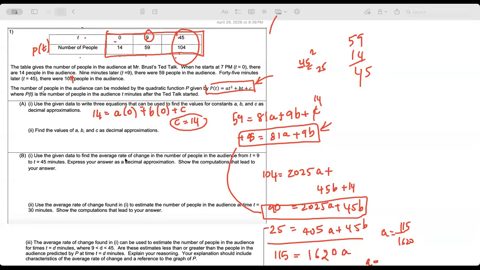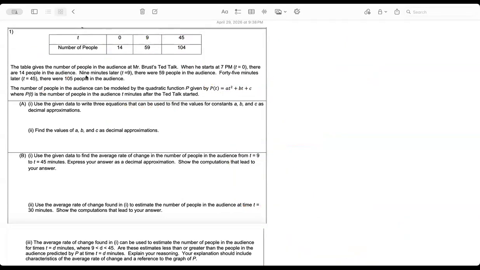Yeah, I just put it into Desmos. I made a table, put it on quadratic regression, and it gave me the values. Yeah, that's what you have to do when you put it in the calculator. But I should also get the same answer. There's no way I cannot get it. See, C equal to 14 is right. Let me do it quickly, guys, once more, because I need to get it manually as well.